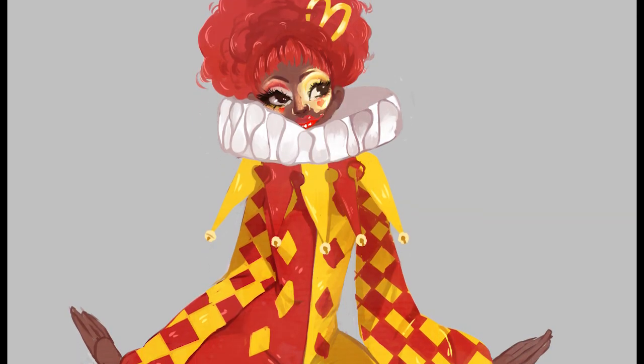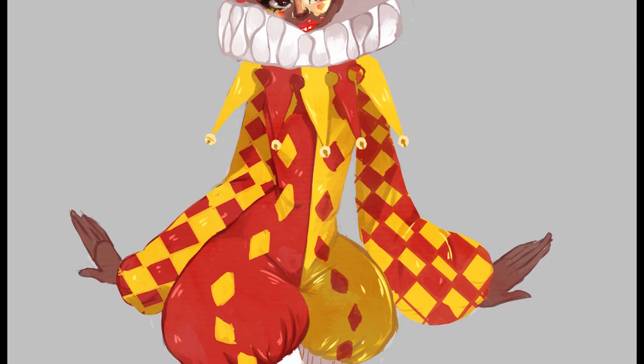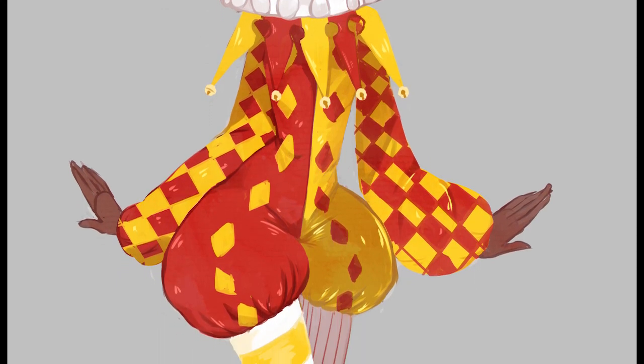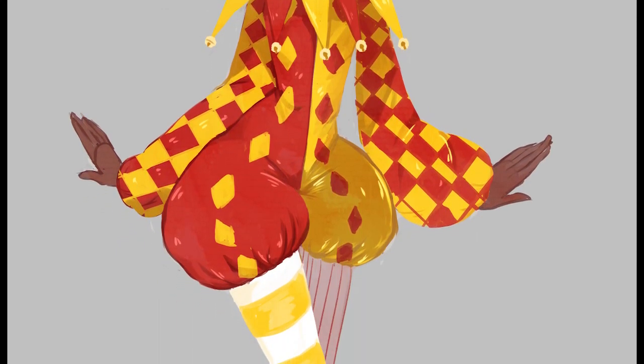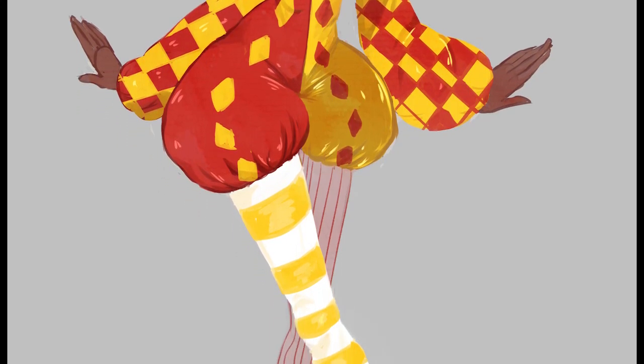So here's the final look. As you can see, I did soften the eyes in the end. I do wish they were a tiny weeny bit softer, but it is what it is. I'm pretty happy with it. That leg could do with more neatening, but